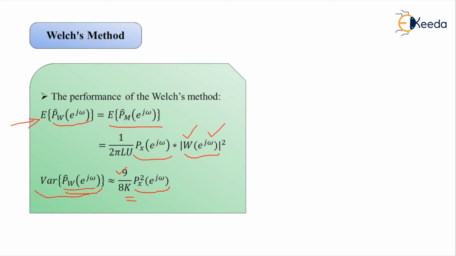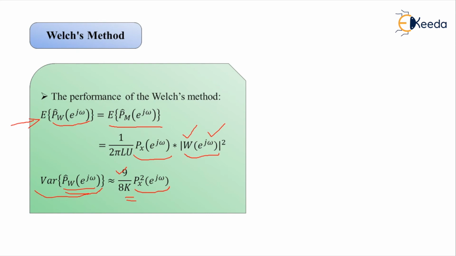Now if we have a fixed amount of data, denoted by capital N, and the resolution is given to us with the sequence length represented by capital L as previously, with 50% overlapping, twice as many sections can be averaged with the help of Welch's method. So this signifies the importance of the current method for power spectrum estimation.